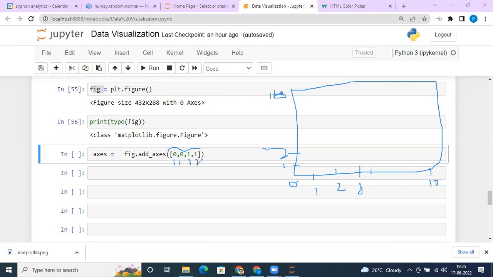Remember, whatever number comes here will always lie between 0 and 1, because they denote percentages. What does the first coordinate denote? The first denotes x, the second denotes y, the third denotes width, and the fourth denotes height. Means, when I want to create my plot, how much percentage